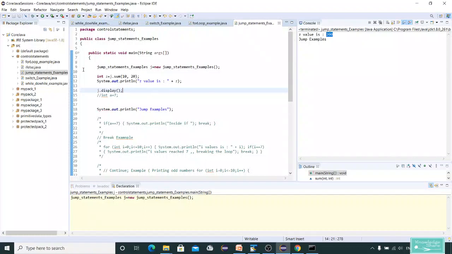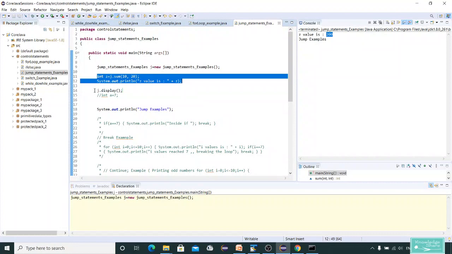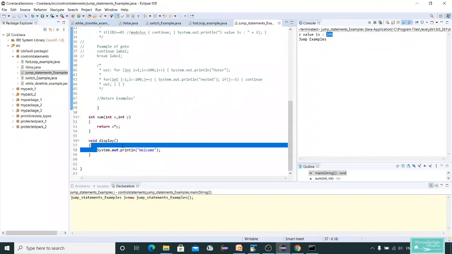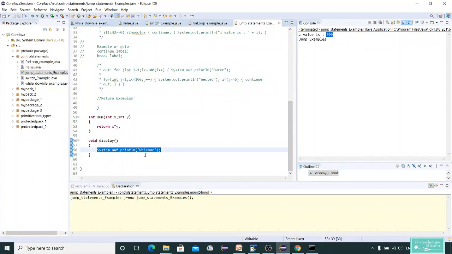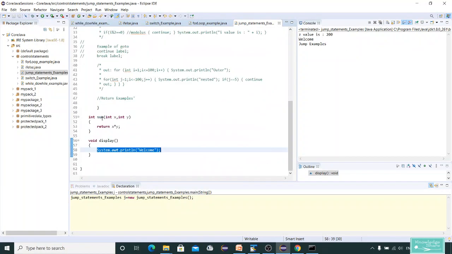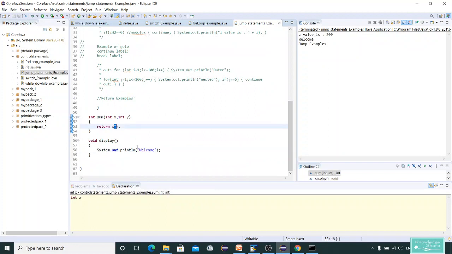And when I run this program, first it should do an addition and print the value. Next it should call this display method, and then in display method we have a System dot out dot println, and it should print this. Okay, let me run this program now. See, you have a multiplication. Okay, since I put it as sum, let me change it to plus only.